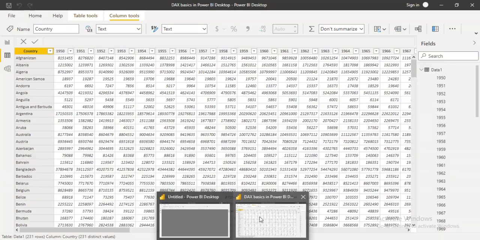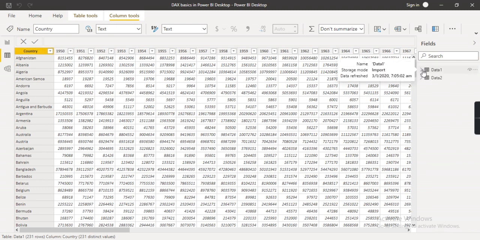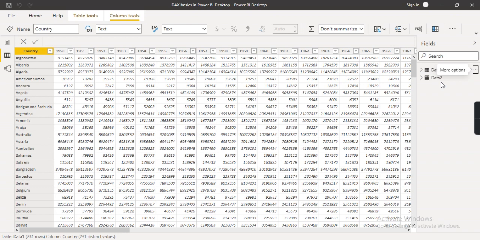So let's open the Power BI desktop. This is the data view, and here we will concatenate this country and this 1950 column. So how to do that? First click here at data, then create new column. This will create a new column.